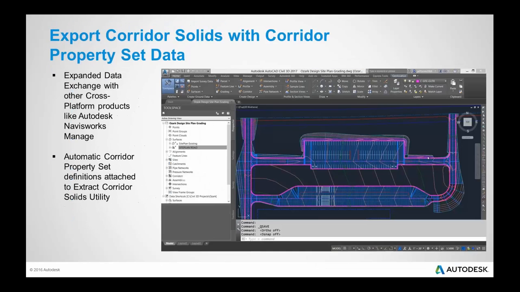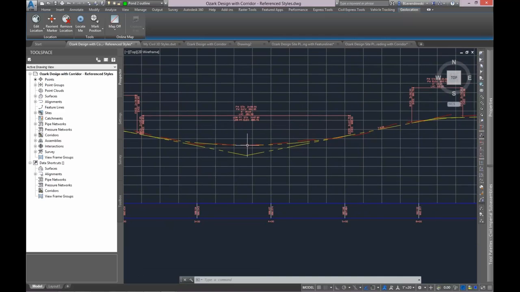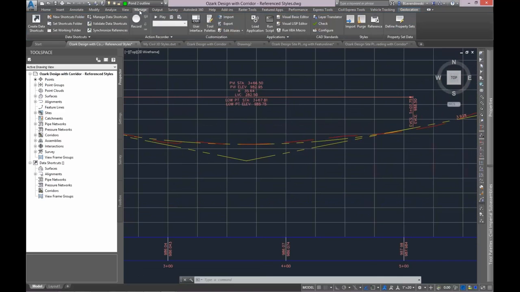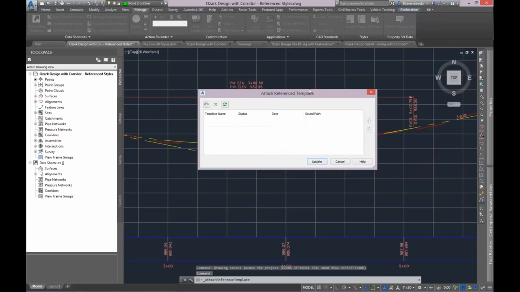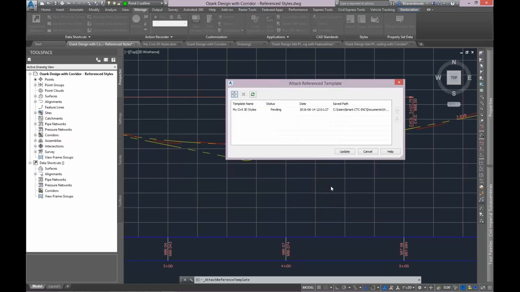So let me jump into the software, and I want to show you a few of these new features. The first one I want to show, I don't have time to show you all of them, is this Reference Styles Manager. How this works is I've got a drawing right here, just a basic design drawing. If I go to the Manage tab, I now have a reference button here. If I click this, I can go out and browse to a template. I'm going to grab a DWT file. It could be a DWG, doesn't matter. And if I hit Update,